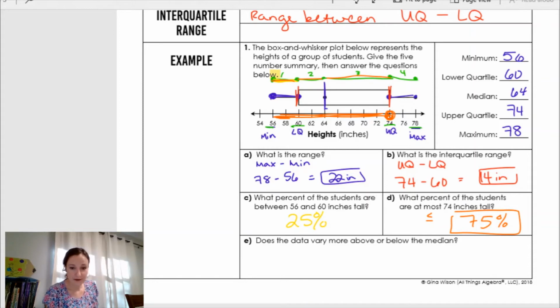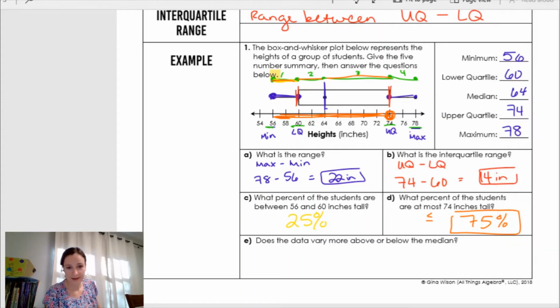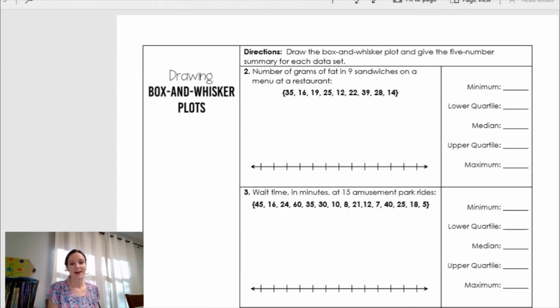Does the data vary more above or below the median? So what it wants you to do is look at this median value. The median is the very middle. Okay, right here, I'll draw a squiggly. Right here is your median. And does it vary? I mean, is it wider to the left or to the right? And to me, it looks like it's wider over here to the right. So it varies more above. Varies more above. Okay. All right, in this example, we're talking about the numbers of grams of fat in 9